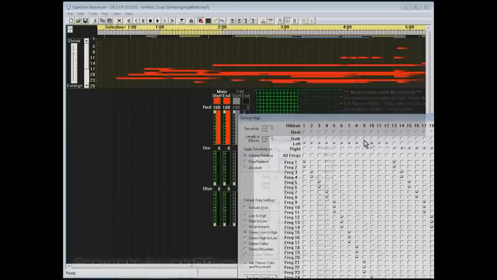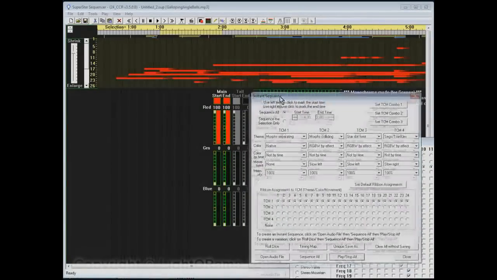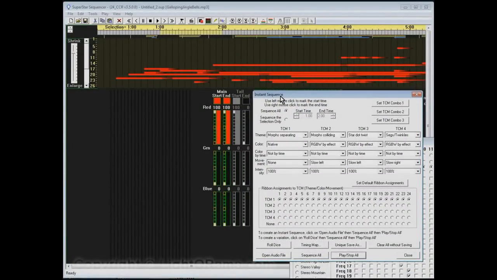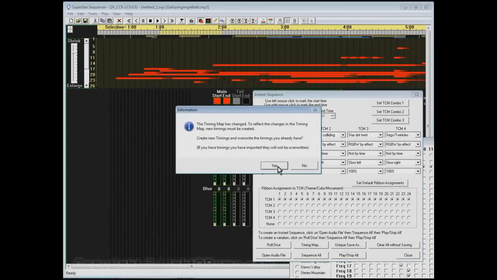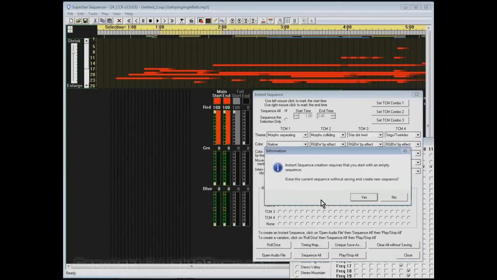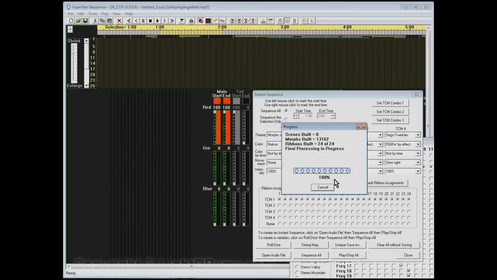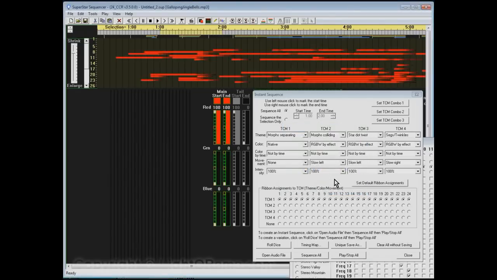So let's move that out of the way and move the instant sequence dialog box back up here. If we set sequence all, it's going to create some new effects, and you can see it's a different pattern up here. They're in like two groups because the upper 12 are the left channel and the lower 12 are the right channel. And just to make it so that we can see the left and right channel easier,